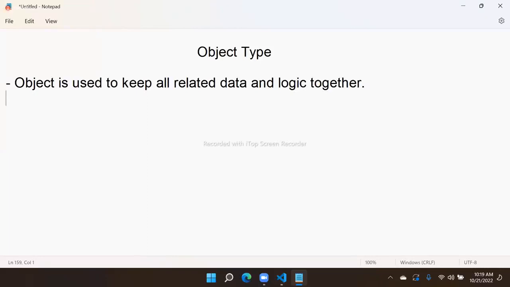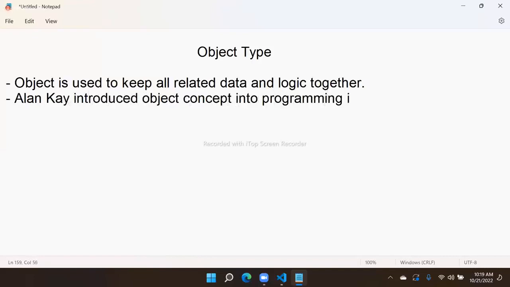That means we can keep all related data and logic at one place. Actually, Alan Kay introduced object concept into programming in early 1960s. He introduced the concept called